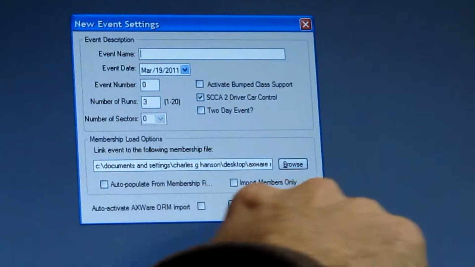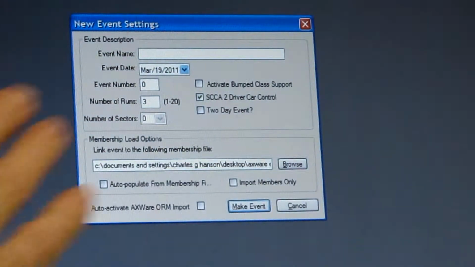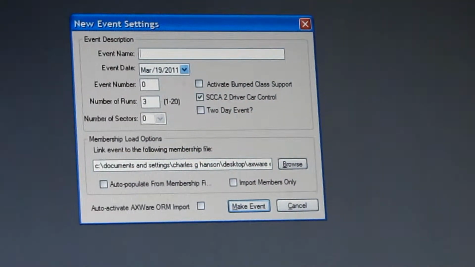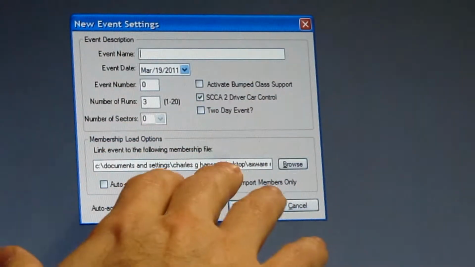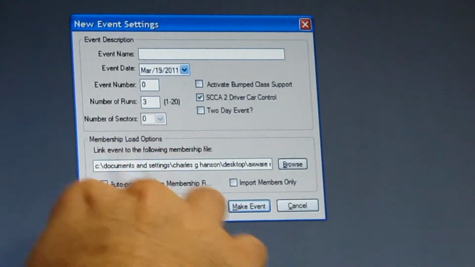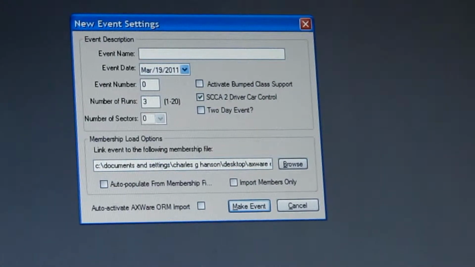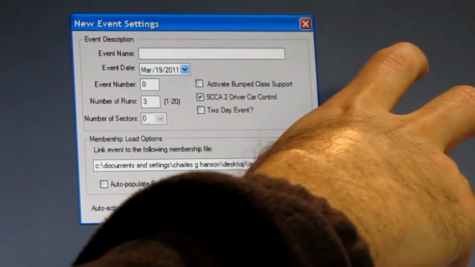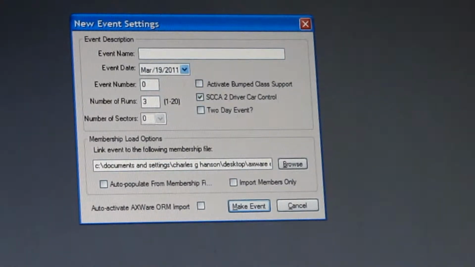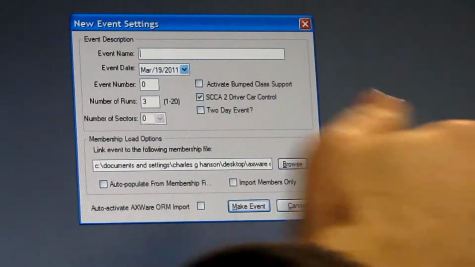Down here at the bottom, you also have a membership load option. A couple things that AXWare does. AXWare keeps one database that's all members, and it keeps season results. The other part of it is your event file, where your fun event or your points event is happening. So what AXWare can do is, when you create an event, you can pull all your membership data once you have that membership file loaded up. So you have that database with all your members in it and their classes and cars and so forth. You can pull that into your event that you're creating, so you have an initial database of your drivers. So then once you make the event,